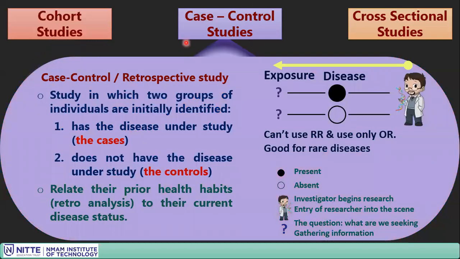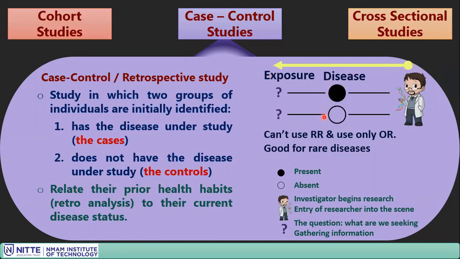Next one is the case control study. The case control study is also called a retrospective study. In the time domain, retro means reverse order. The cohort study was the prospective study, in the forward direction. The case control study is in the reverse direction. Here there are two groups, one called cases, another called controls. Cases are the ones who have the event. Controls are the ones who have not undergone the event. Event present, event absent for the control. So this is the way it is measured, in the reverse order in the time domain.